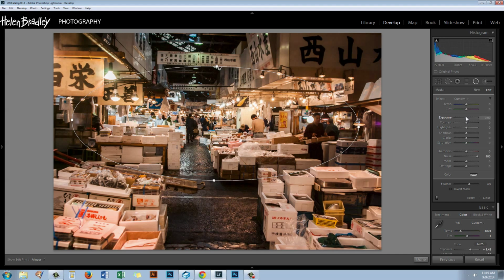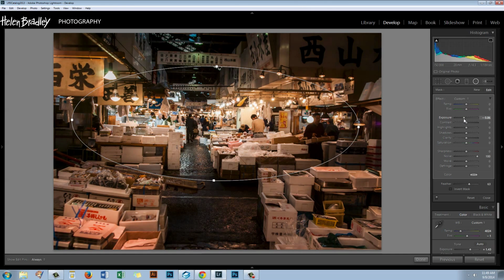And what I want is darkening, so I'm going to drop the exposure down outside of this, and I'm going to drop the shadows down and again send them darker. So whatever I can do to darken the edges of this image, and I can even bring my highlights down too. So that's drawing attention now and relighting the middle part of the image, which is exactly what I want to do. Now while I'm here, I'm also going to drop clarity down, because that's going to make this a little less sharp, so our eyes are a little less likely to be drawn to what's happening here in the foreground,